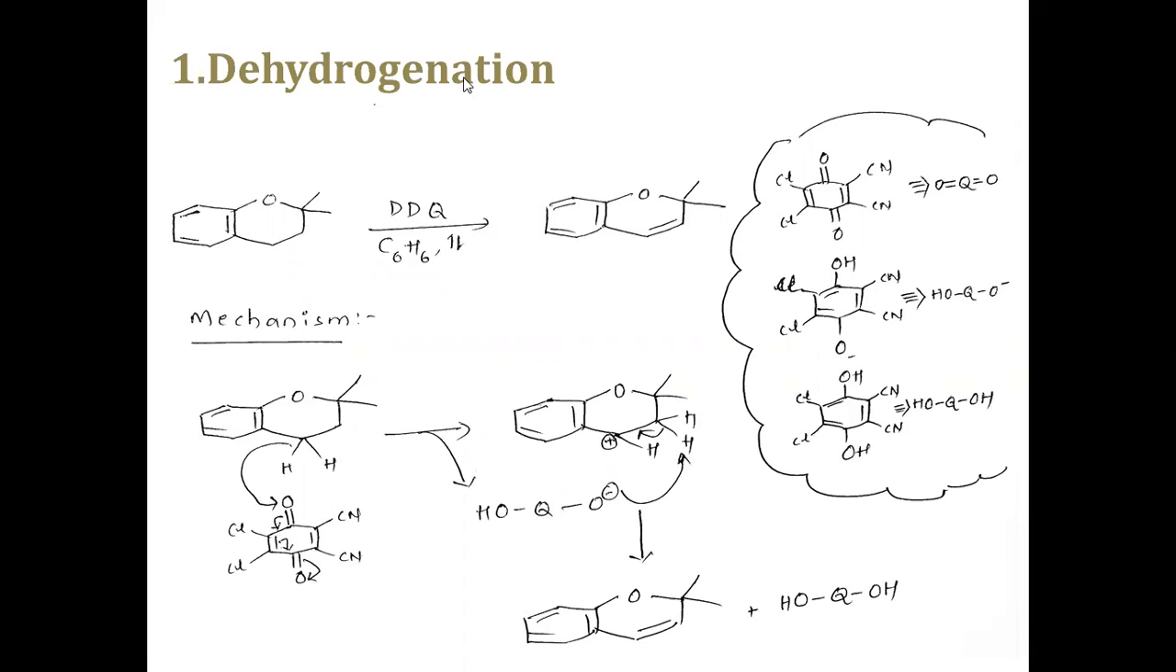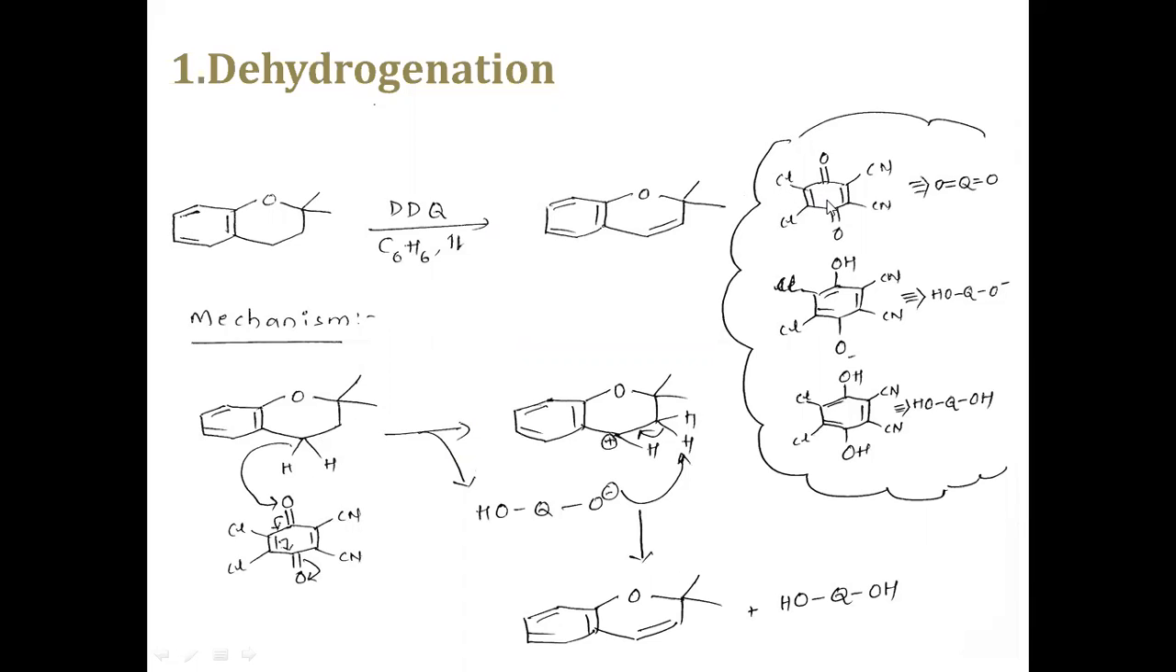Coming to the first one, dehydrogenation type of reactions. Here dehydrogenation means removal of hydrogen. Now see this example. In this example you can see we have benzylic hydrogen, here we have two benzylic hydrogens. So before going to the example discussion, let us see some